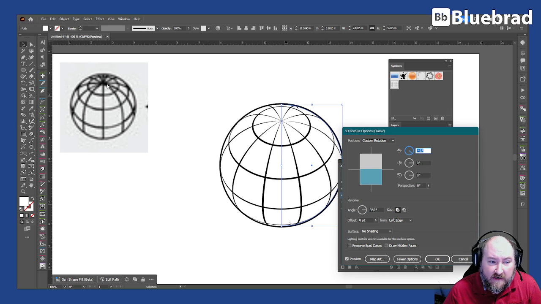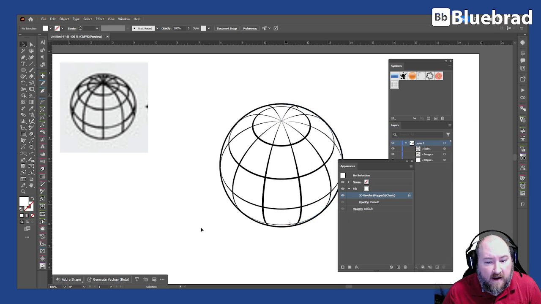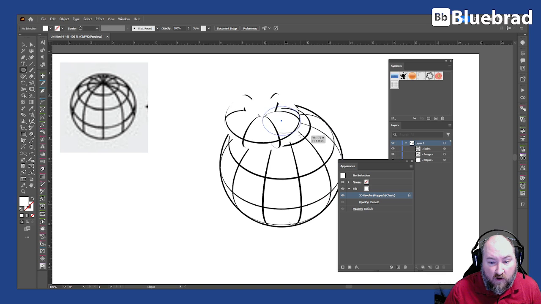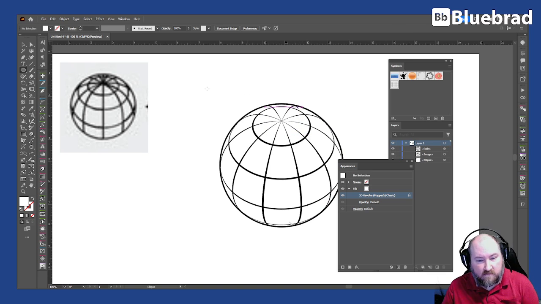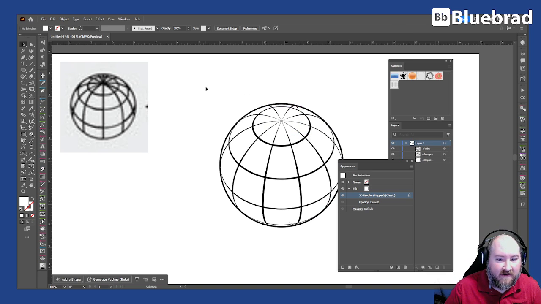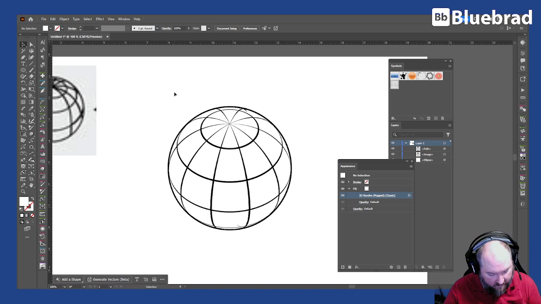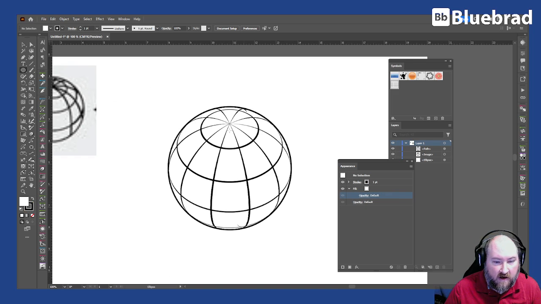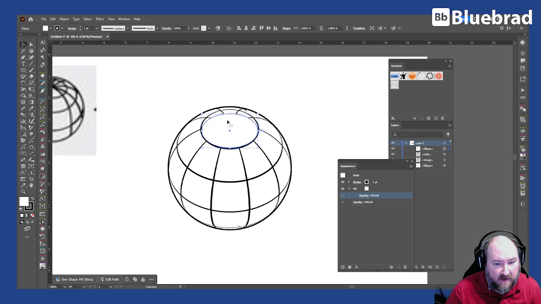I'm not sure if you need the exact lines to be the same thickness all the way around. If that's the case, what I recommend is getting this where you like it, and then literally just coming in here and redrawing. Oop, it's giving me the effect. Just coming in here and redrawing where these lines are. Because what you can do is just get this pretty dang close